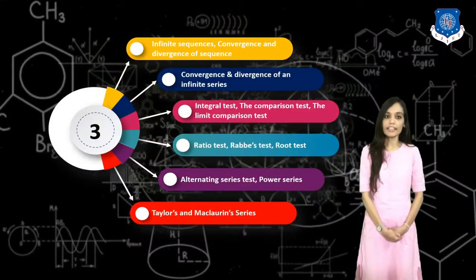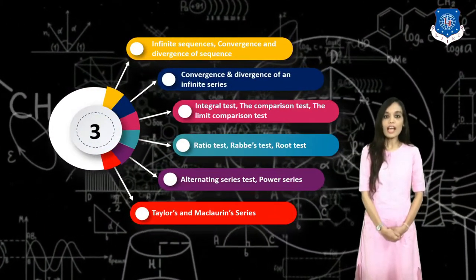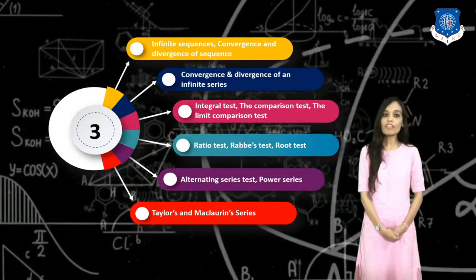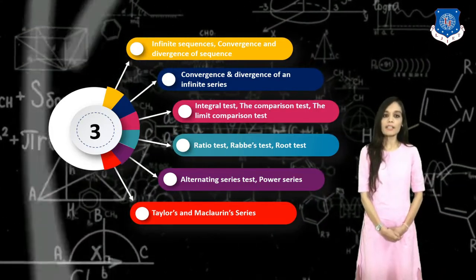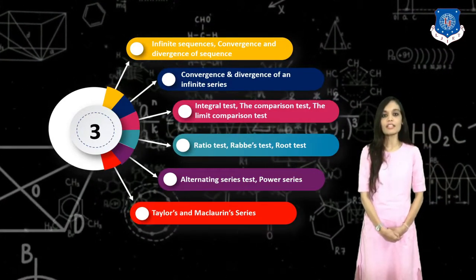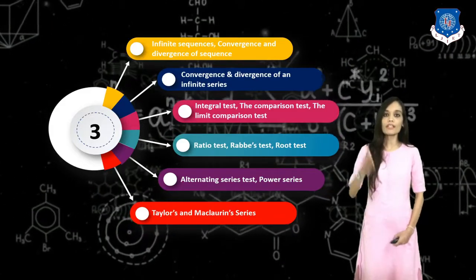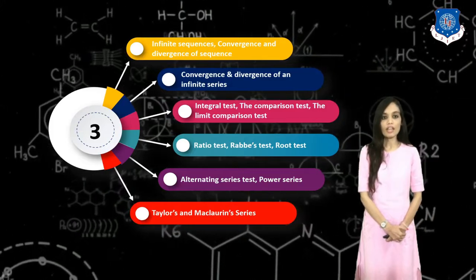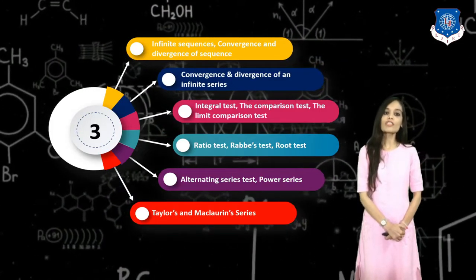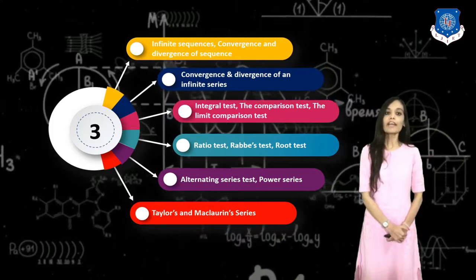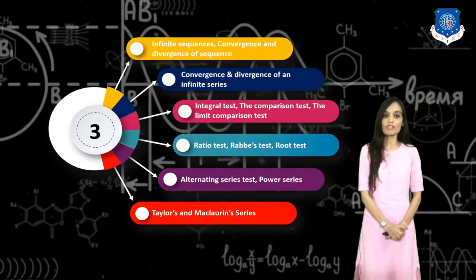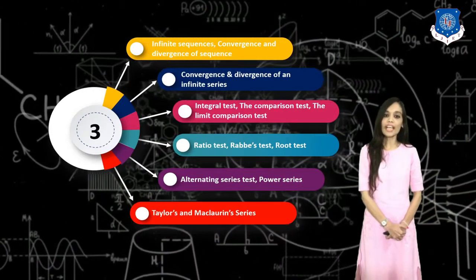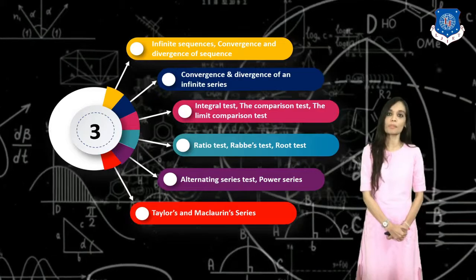You have already studied finite sequence and series, and now we will expand into infinite sequence and series, and we will learn to find limit and sum of infinite sequence and series respectively. You can now have a look at the subtopics listed here like convergence and divergence of sequence and series. For checking the convergence of a sequence, we will find limit, and for discussing the convergence of a series, we will use various types of tests, namely ratio test, root test, limit comparison test and many more respectively.